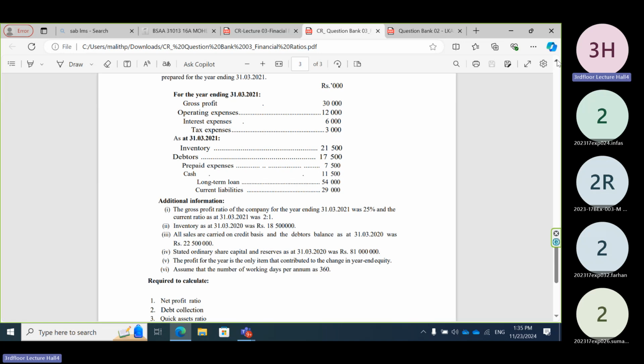So the net profit ratio, how much? Right. And the debt collection period? 81 days. So then we have